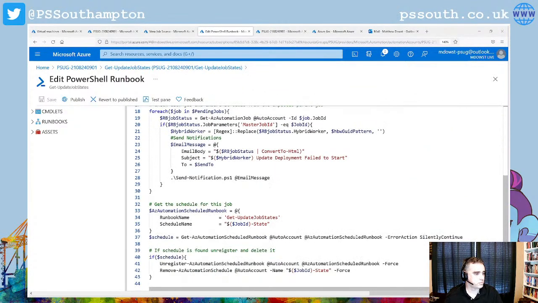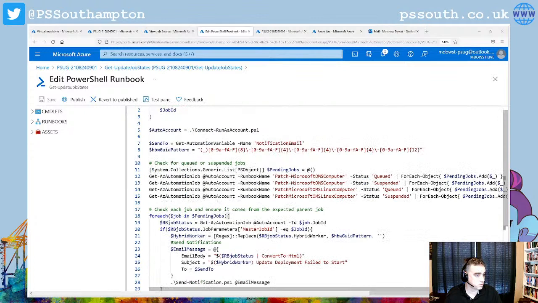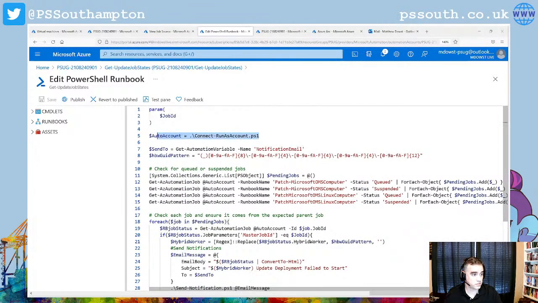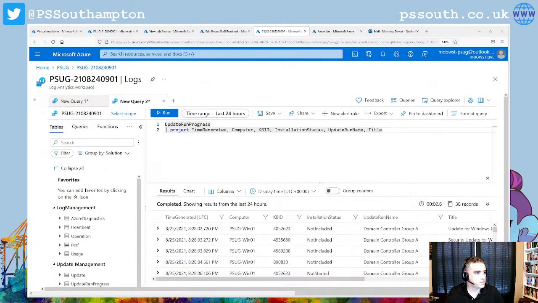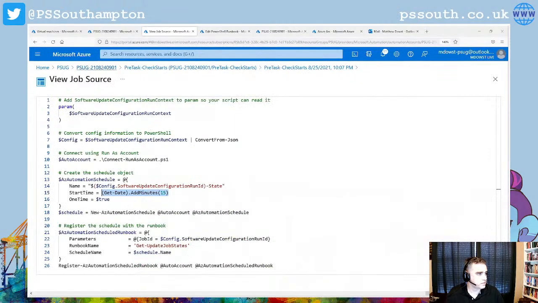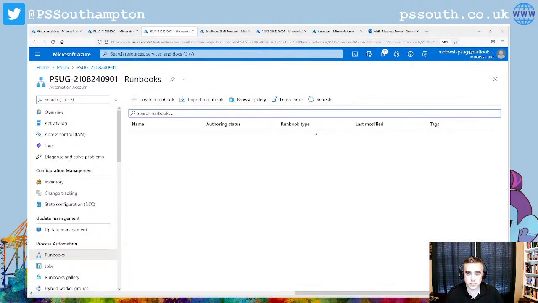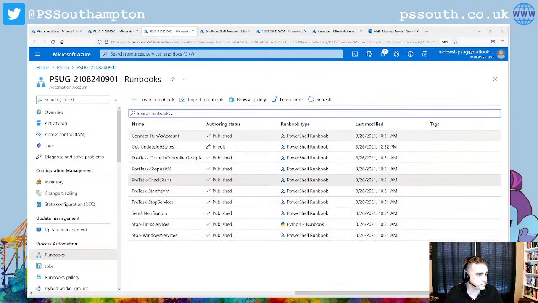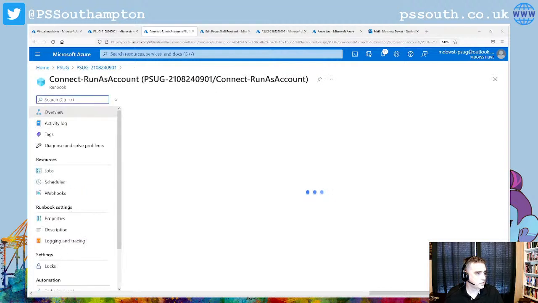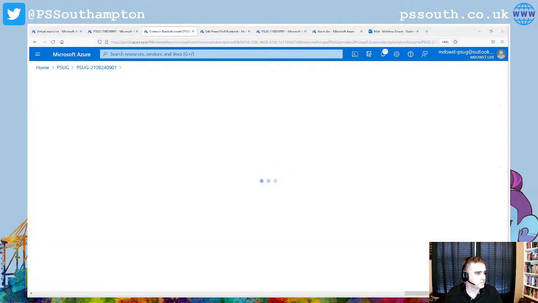So when you're creating a runbook in here, if you have additional runbooks, which you'll notice pretty much every single one I have here has this at the very beginning of it, connect run as account, right? All these runbooks exist inside of Azure. So obviously you have to be able to authenticate with Azure in order to do most of the things in here, right? So this connect Azure is another runbook. Essentially, you kind of look at them as akin to functions, right? This connect one here,